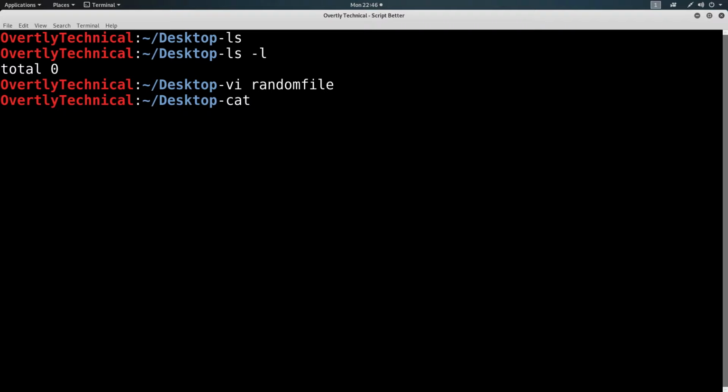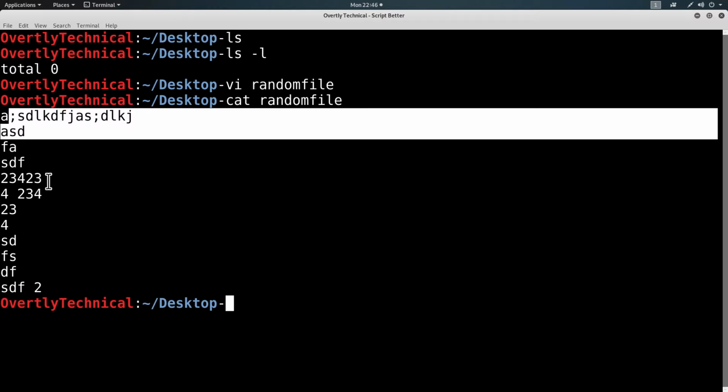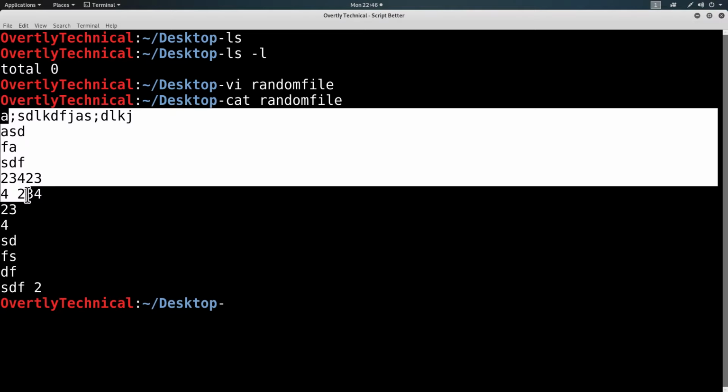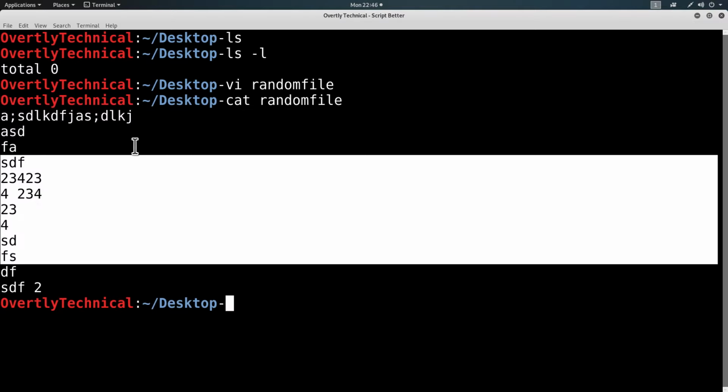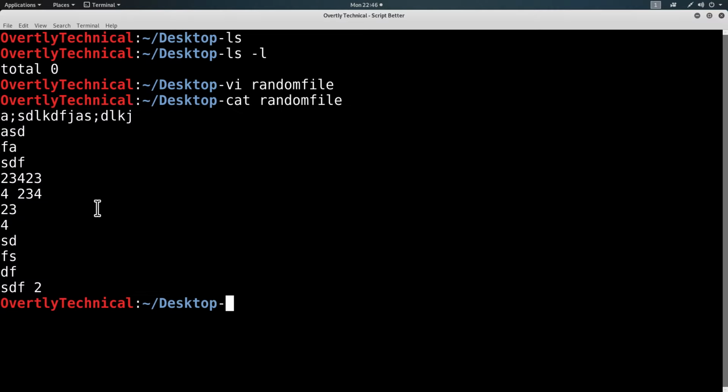So cat randomfile, and if you see, there's just random data, and it doesn't really have any structure to it. It's not really designed to do a task. It's not like I am a genius who just randomly came up with a way of doing something incredible here. No, this means nothing to anybody. It is just me mashing on my keyboard.